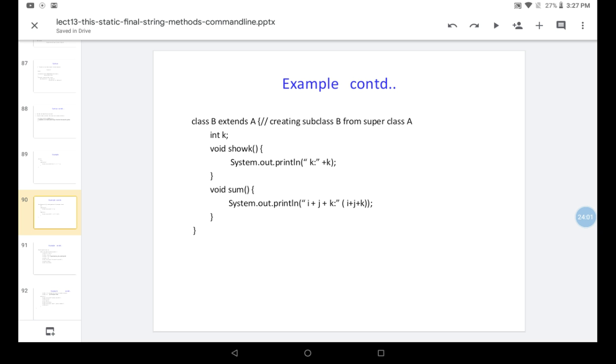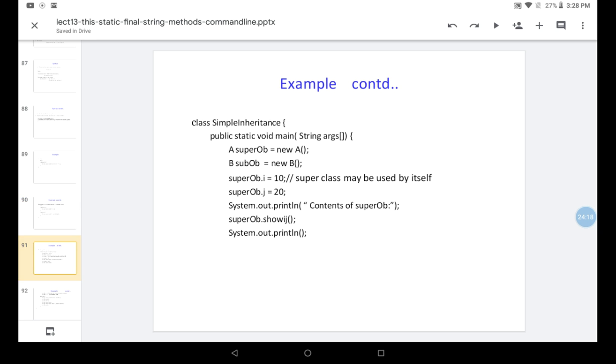So we just say it extends A so that it gets all the properties of class A. So what will it print now? It gets i and j from class A and k from class B, and it prints i plus j plus k.